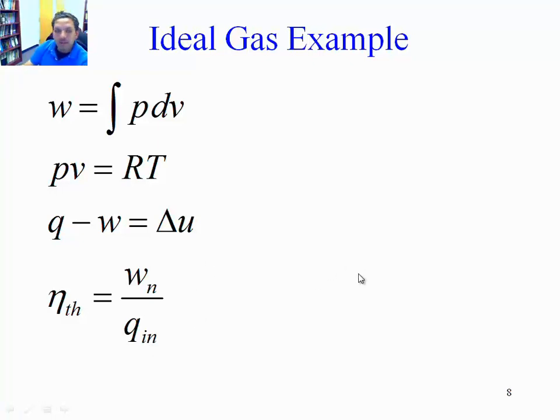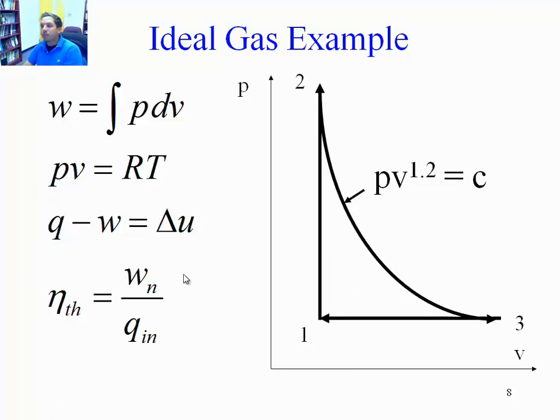All right. And here's the PV diagram, which we already drew in the previous case. Remember, clockwise means that this is a power cycle. You can also deduce that from the fact that the net amount of area here is positive, because the area from 2 to 3, which is an expansion process, is positive. The area from 3 to 1 is negative, but the area from 2 to 3 in magnitude is larger than the area from 1 to 3. So at the end, you're going to have a positive amount of work, and we're going to calculate that.